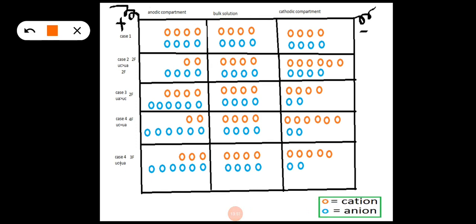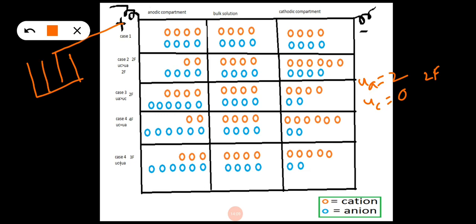Let us consider one more case. Speed of anion is 2 and speed of cation is 0. Now the current passed, let us suppose, is 2 Faraday. If we pass 2 Faraday of current, we know that in the copper voltmeter 2 equivalents of copper will be deposited, and 2 equivalents of silver will be deposited here, and 2 equivalents of NO3 minus will come here and bring 2 equivalents of Ag plus into the solution. So the theoretical increase is already there.